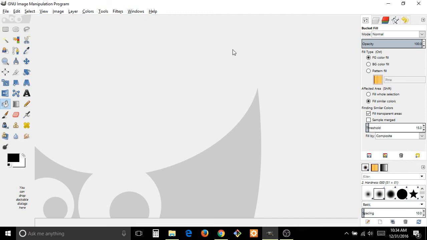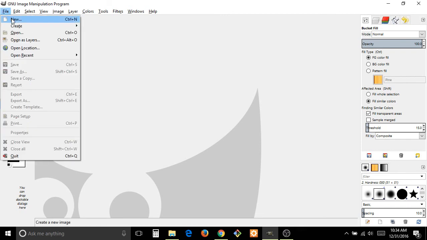Alright, so I'm just going to cover a few basic things that I use to get myself set up and started, and I'm going to show you just a couple of the shortcuts for drawing lines and doing some of the basic things so you're not pulling your hair out wondering how to do the simple stuff. So we're going to get started with a new image,